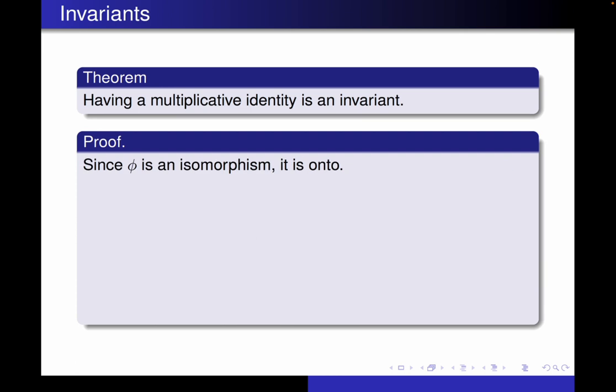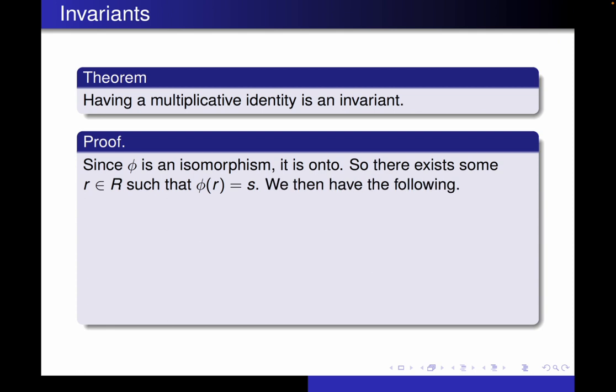Now, one of the things that's going to help us is the fact that phi is an onto function, since it's an isomorphism. And that means if we have an element little s in S, there's some element r in R such that phi of r equals s. So when we try to do things like compute phi of 1 times s, we can replace that s with